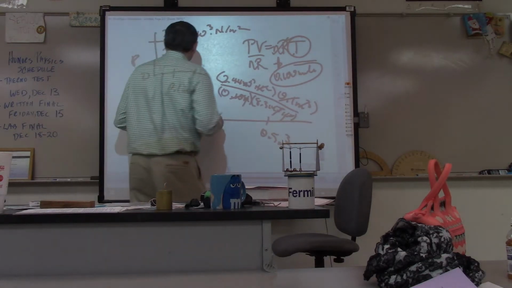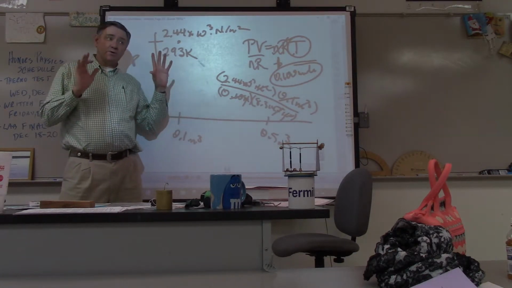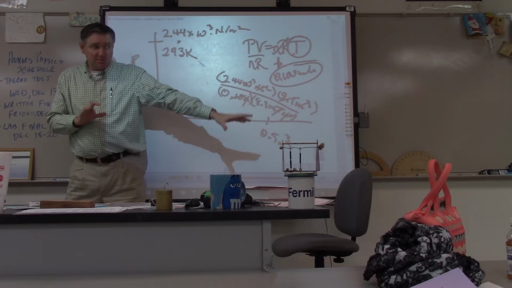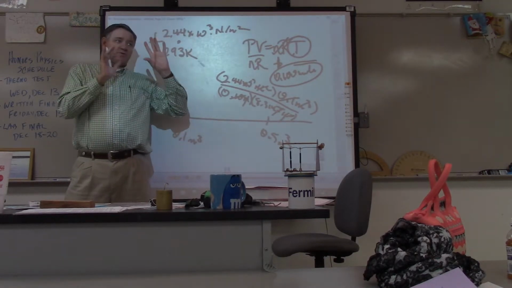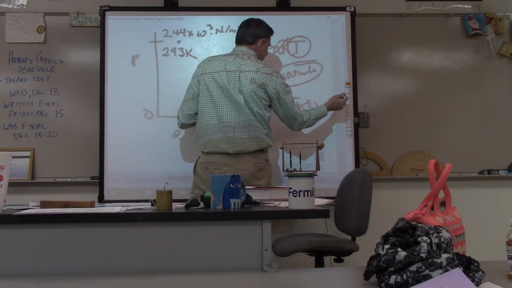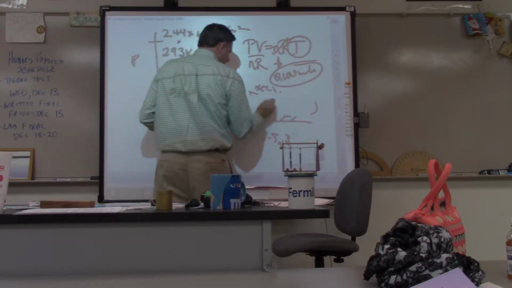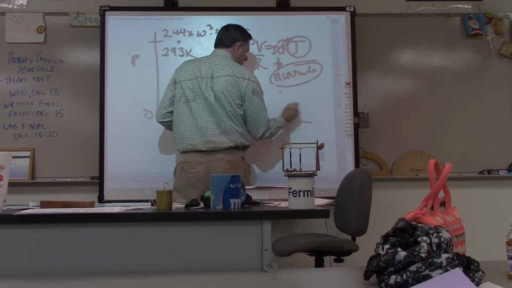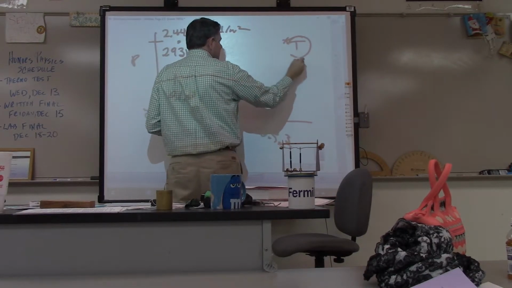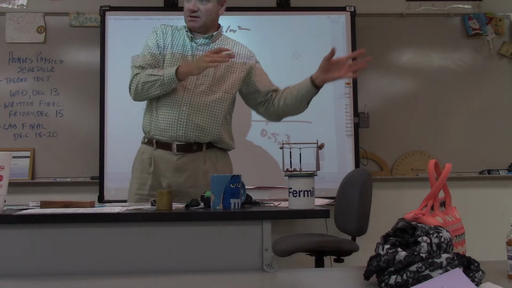Okay? All right. So the first thing that we're going to go through is going to be the most complicated one. I'm going to go through the most complicated one first, and then the other ones will become more simple. So we're going to start with the most complicated one, and if you can understand that, everything else is gravy. All right? So let me get rid of all of this. The first thing we're going to deal with is an isothermal system. So in an isothermal system, what's going to stay constant? Temperature. Right? Isothermal, constant temperature.